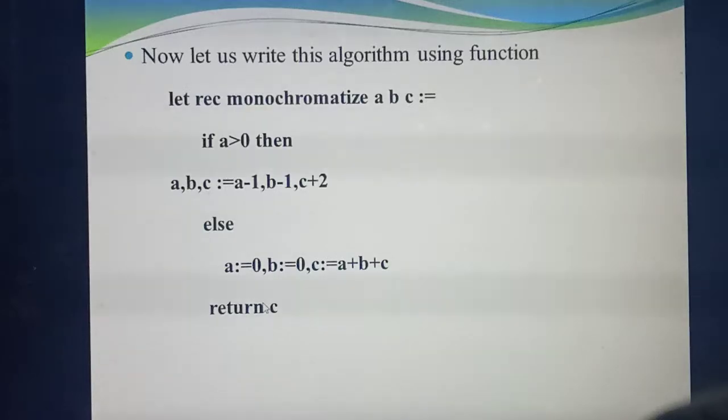Understood? Okay. So up to here, the first chapter is over. Since this is the Chamberlain's of Chromelin problem, if they ask me, from the starting you need to write: the introduction, then the monochromatize algorithm, inputs, the tabular column, then the program, then the flowchart. This program is also an important 5-mark question. Till now they didn't ask, so you just read it.